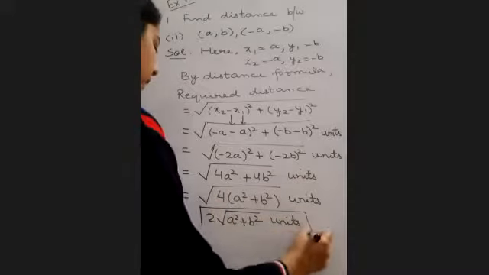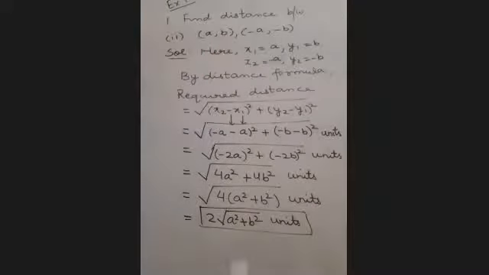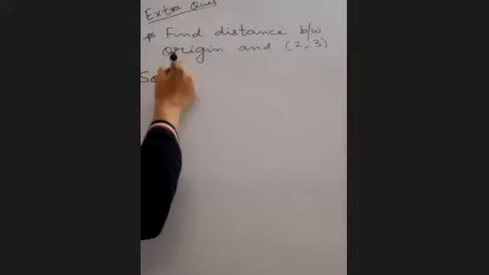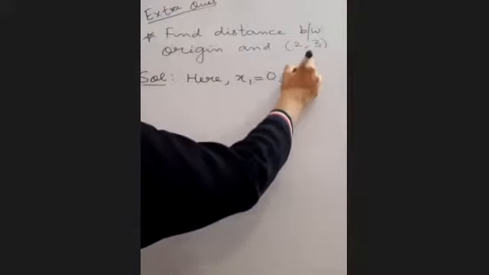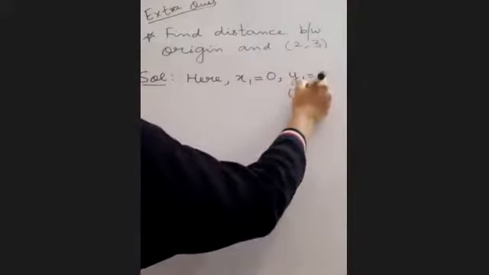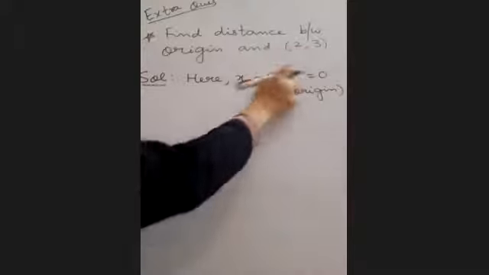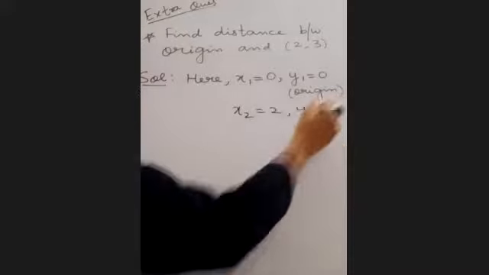So if you have a point in quadrant 1 and the same point in quadrant 3, then the distance between them is given by this formula. Clear? Children, what are the coordinates of the origin? 0, 0. So you have to take x1 as 0 and y1 also as 0. Because one point is origin, you don't have to get confused. It's just that your values are 0, 0. x2 is 2. y2 is 3.